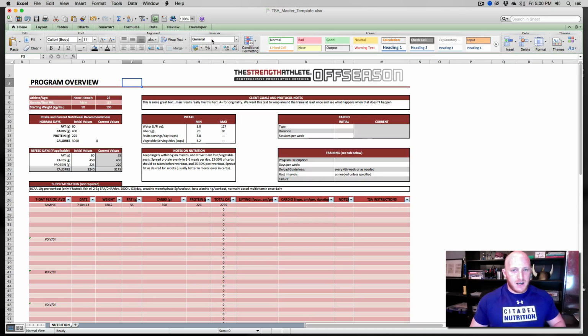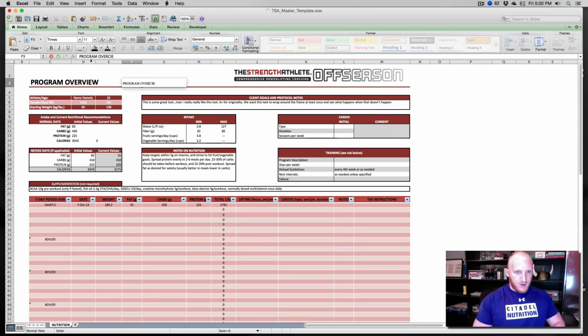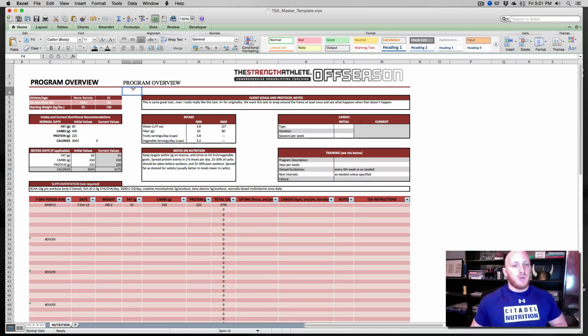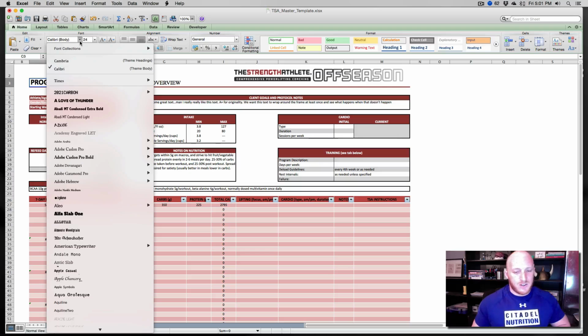Maybe something like Times New Roman is a very classic serif font. And let's say Program Overview. Now this is beautiful, but the problem is it's not extremely readable, especially if we have large amounts of text. So we want sans serif fonts. However, there are a ton of sans serif fonts here. Just make sure that you're using ones that are installed on all computers and not ones that maybe just you